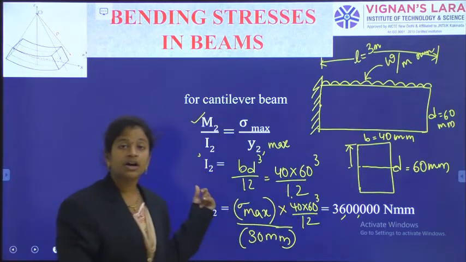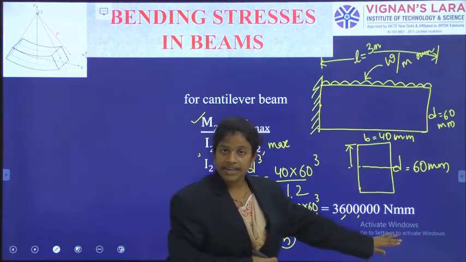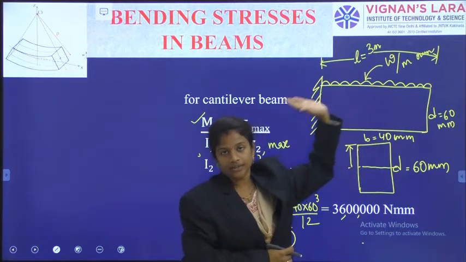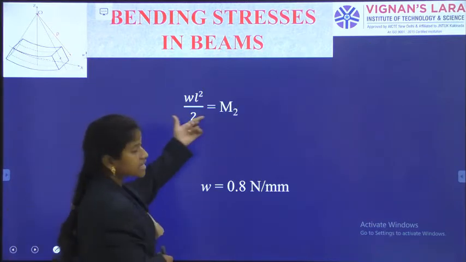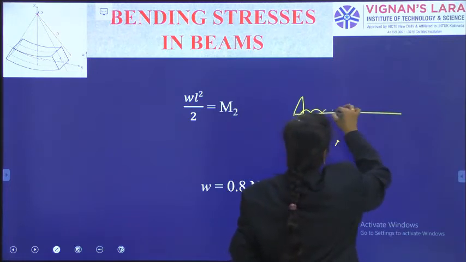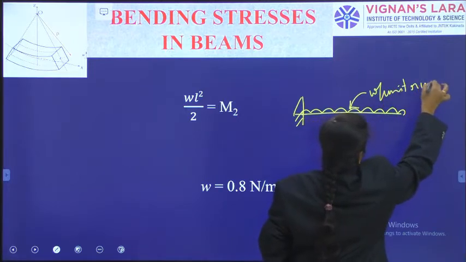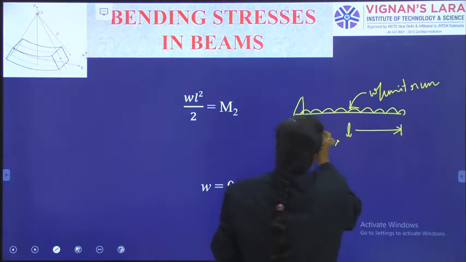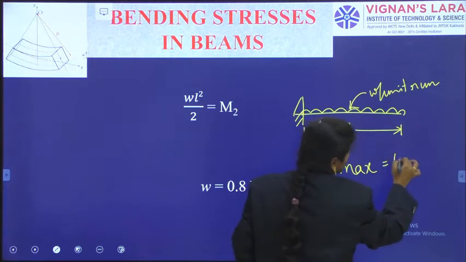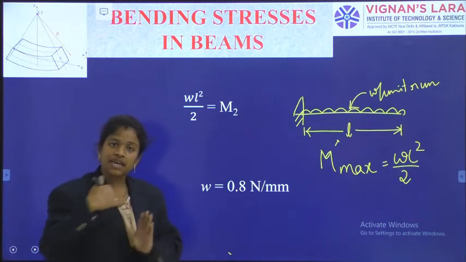If you want, you can convert it into kilonewton meters later also, because I don't need to calculate the max moment. I need to calculate the UDL, because this moment has occurred due to some UDL. What is the quantity of the UDL? So for this cantilever beam with a UDL over the entire length, and the length of the beam is like this, the maximum bending moment formula for this condition is WL square by 2. So in this way we have got the answer.